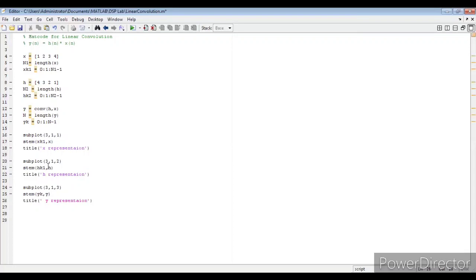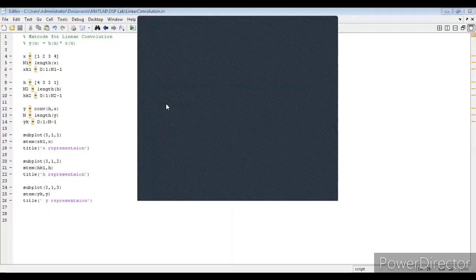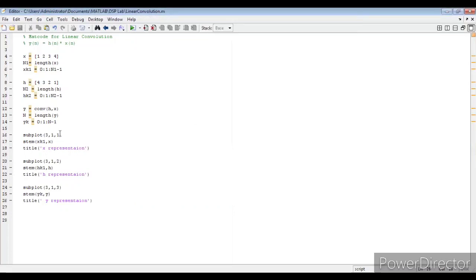in a single quote. So in this way we have to write the program in the editor window and save the file, because we have already written the file with the name linear convolution. You can observe it here. After saving, click on the execution, the green arrow symbol, run. If you have any errors, we'll get error information there. If you don't have any errors, we'll get the result as it is. Now let us see what result we have got.